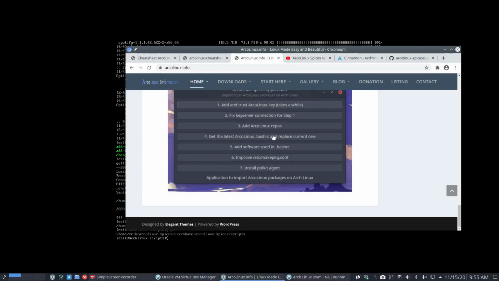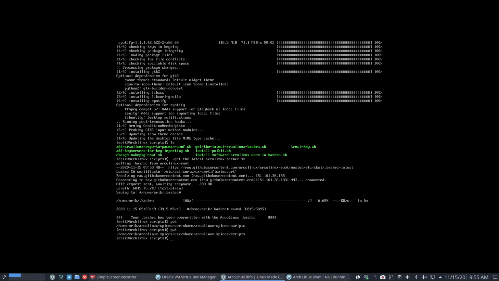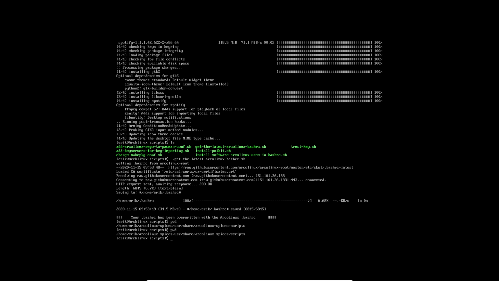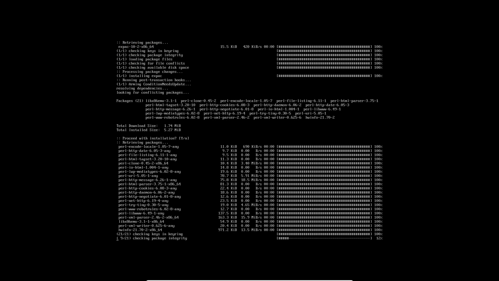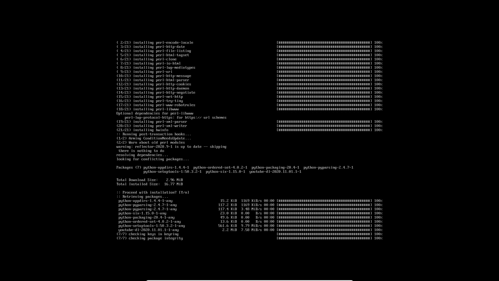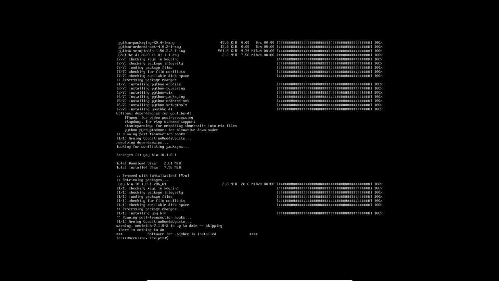So that's done. Add software used in bash RC, number 5, what would that be? Oh, second column, last line. Oh, dot install software ArcoLinux uses in bash RC. So Reflector. A lot of things get installed in here. It's too quick to actually read, but Yabin, for example, is installed, which we like to do, of course, because